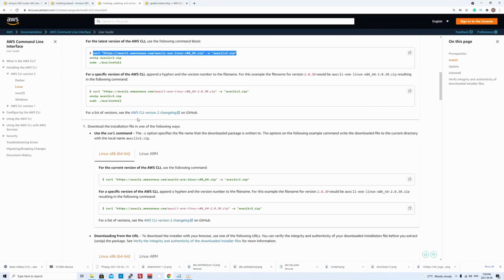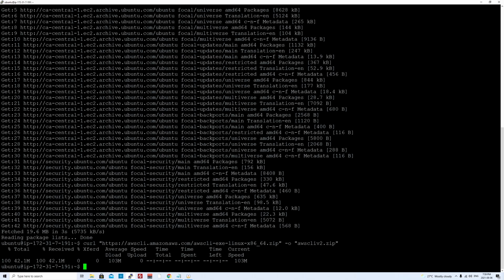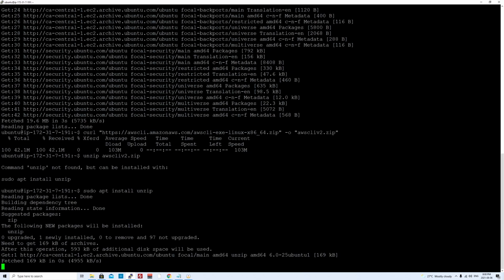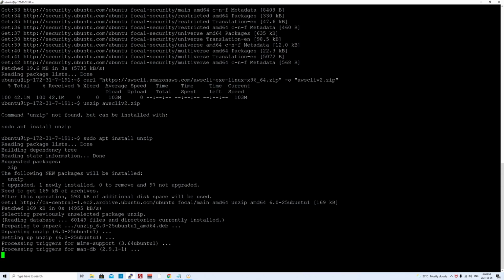Okay, it's been downloaded. Now I'll unzip the file. Okay, it says unzip utility has not been installed, so I'll just quickly install that as well. Okay, it's installed.